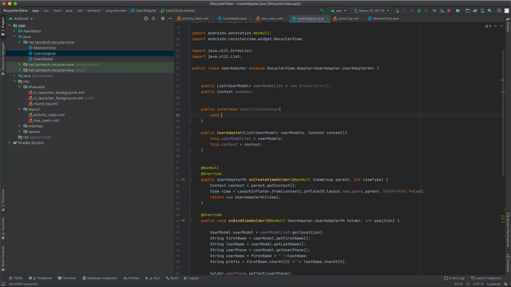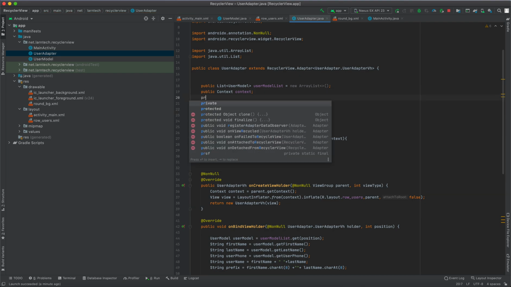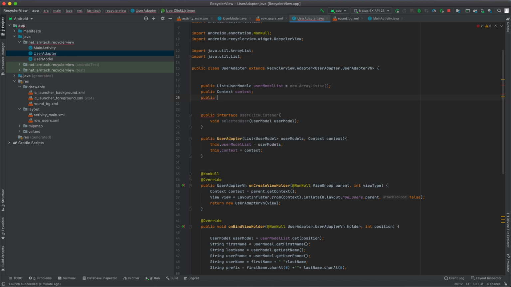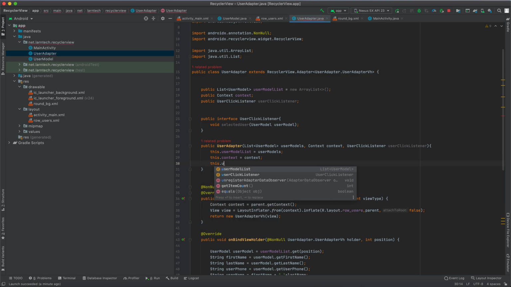And I'm going to have void clicked or selected user, and within it I'm going to pass user model, and within the constructor here I'm going to have public user click listener, and I'm going to pass it here user click listener. So it will be this dot user click listener,